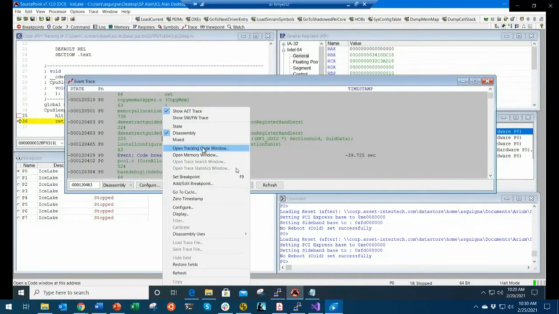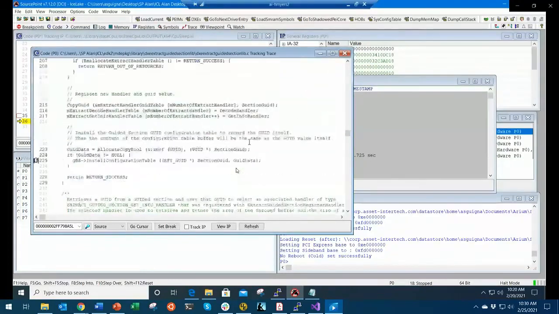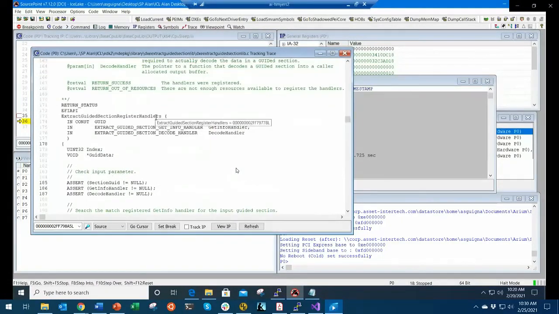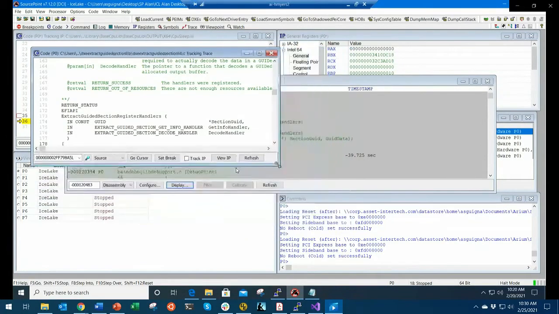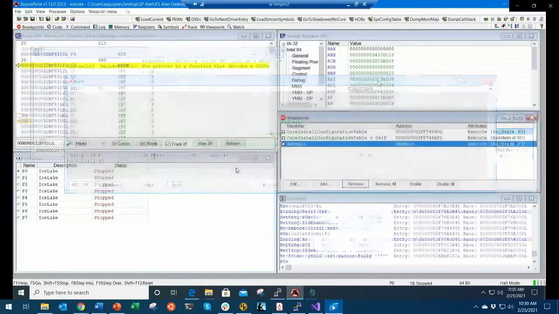And at any point in time, as I've done before, you can open up a tracking code window. The hand points to where the instruction pointer was exactly at that line of code. And we're coming from within Dixie extract guided section lib right here, and within that function, that routine, as you can see from there. So that is a normal code breakpoint turning into an event and capturing the code flow